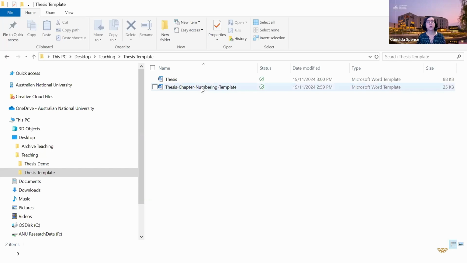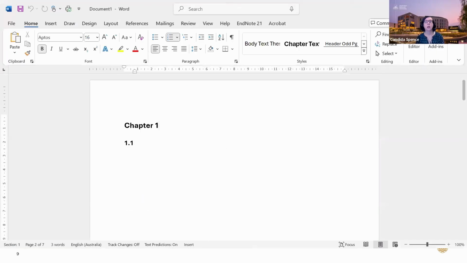So today we'll start with the chapter number template, and we will then look at the difference of the other option afterwards. So we'll start writing chapter 1. If you double click thesis chapter number template, it will start up with chapter 1 already